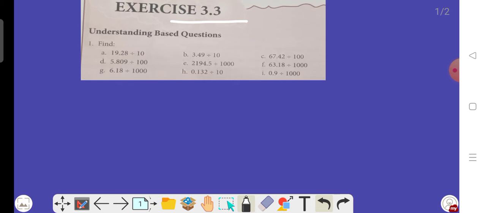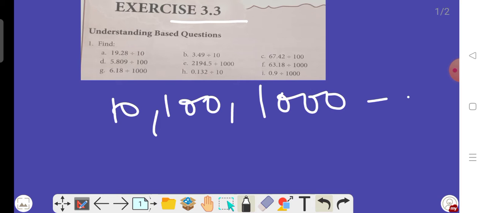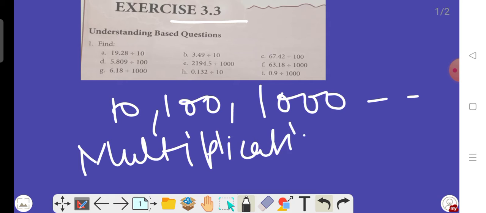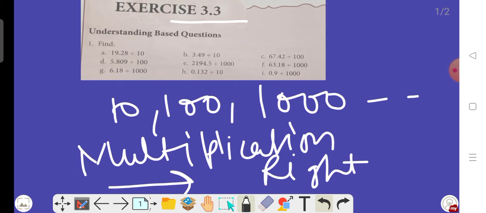As you know beta, in the previous video you have learned the multiplication of a decimal number with 10, 100 and 1000 and so on. In case of multiplication beta, we are moving the decimal point toward the right side, by as many places as the number of zeros given in the multiplicand of the decimal number.